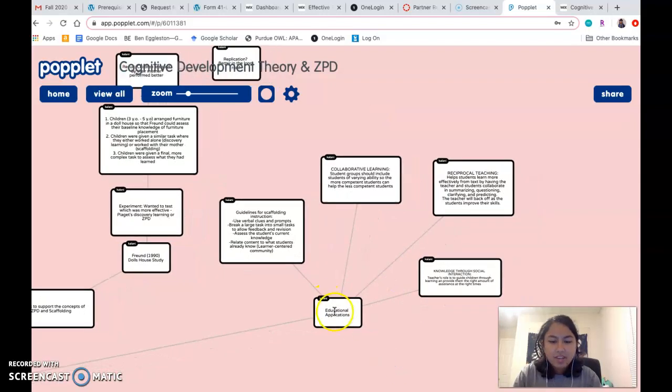And lastly, educational applications. There are many. The ZPD has influenced guidelines for scaffolding, has supported collaborative learning, reciprocal teaching, and